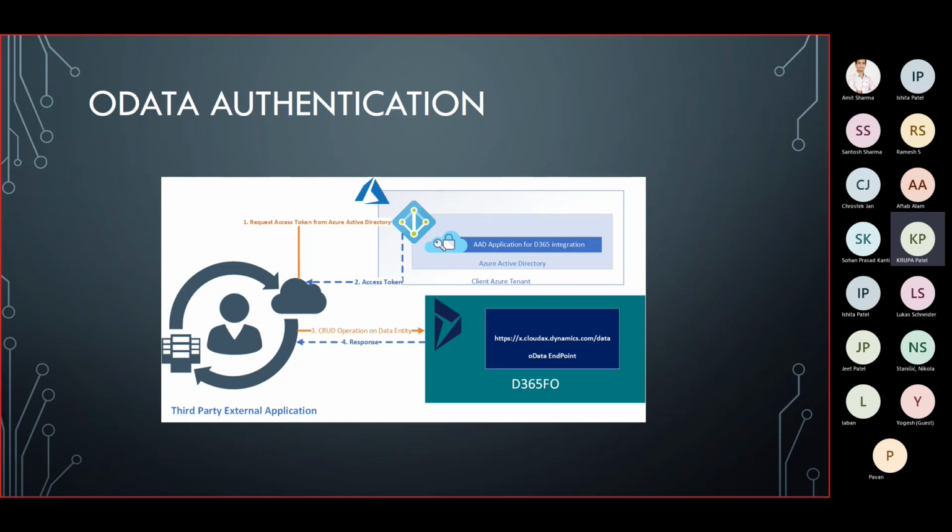Whenever you enter the credentials for authentication, they go to the Azure Active Directory server, and after verifying the credentials, the Active Directory server authenticates the request by providing an access token, which has to be passed in the header of the request, as you can see in this image, right?